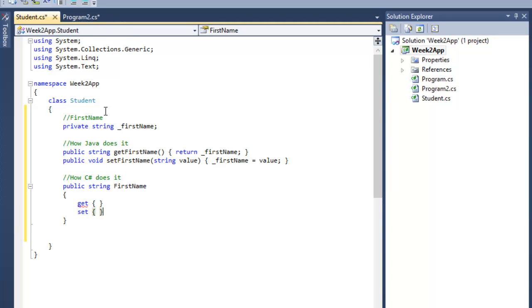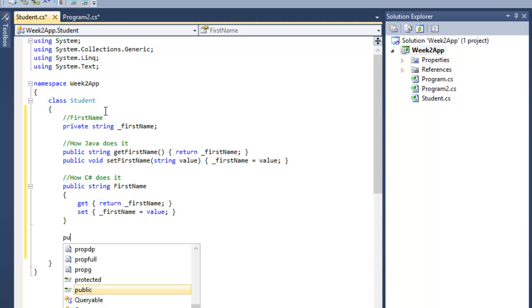Okay, you see the parallels there? Get is the return, and set is like that. Inside of the context of this set, the keyword value is always the value coming in. So it's like the input parameter in the Java scenario. So it's always value. So if I create another property,